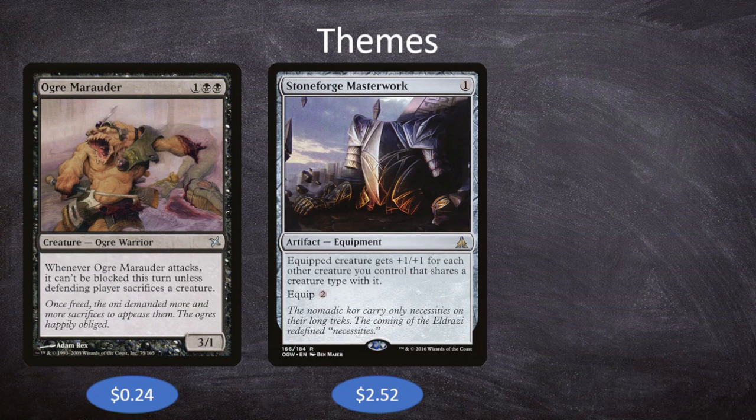So basically, if we have 5 ogres in play, we can equip the Stoneforge Masterwork to one of these ogres, and it'll get +4/+4 because each of our other ogres pumps it up by 1. So that could turn even Ogre Marauder into a massive 7-power creature. Stoneforge Masterwork can make any of our ogres into lethal threats, even though most of them are already quite large as it is,